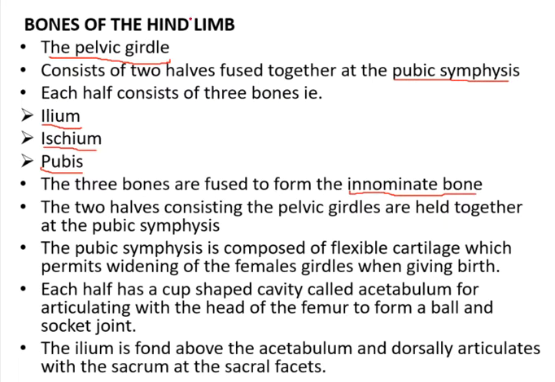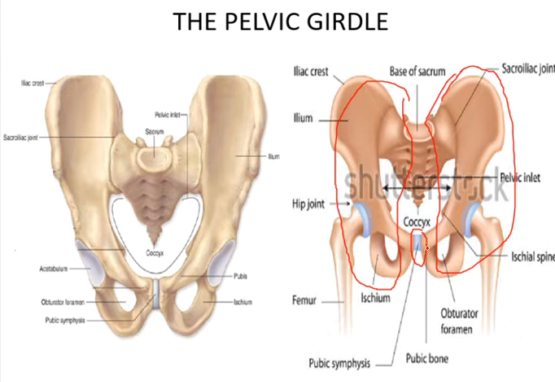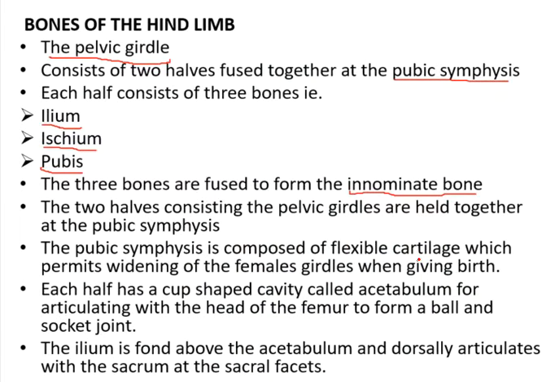And the two halves consisting of the pelvic girdles are held together at the pubic symphysis. We can look at the pubic symphysis here, and we're talking about these halves, the first half and this second half, being fused together at the pubic symphysis. And the pubic symphysis is composed of a flexible cartilage which permits widening of the female girdles when giving birth,